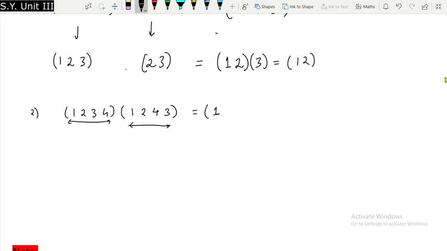So again I will start with 1. So 1 is mapping to 2, 2 is mapping to what? 3, therefore 1 maps to what? 3. Now we will search for 3 over here. So 3 is here, right? But it is at the end of the cycle. So what is the image of 3? You again go towards the first term of the cycle. So 3 is mapping to 1 and 1 is mapping to what? 2. Therefore 3 maps to what?